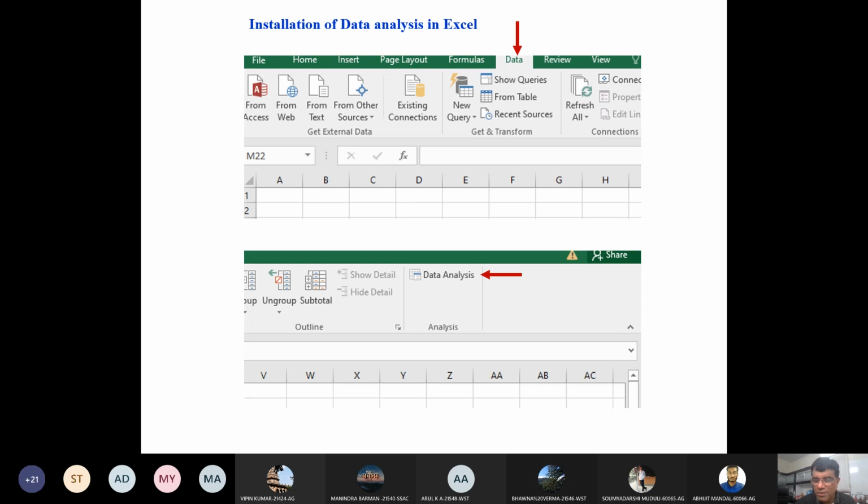Now suppose you want to analyze this data in software. You want to fit linear equation as well as quadratic equation through some softwares. The most common is Excel. Everybody has MS Excel in his computer or his desktop, laptop, whatever you have. So suppose you want to do some statistical analysis, including correlation, regression, then you need to go to Excel and